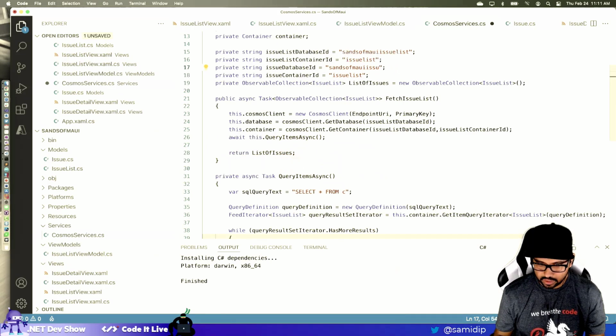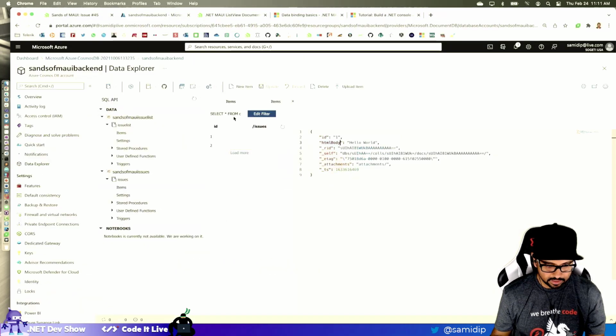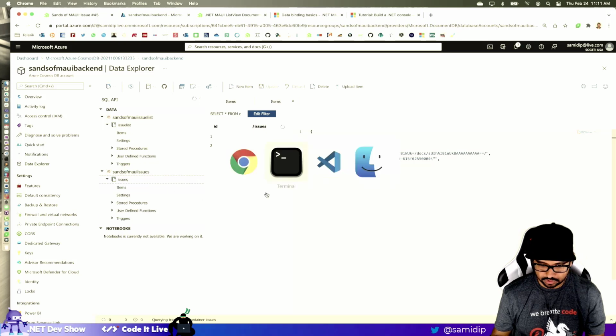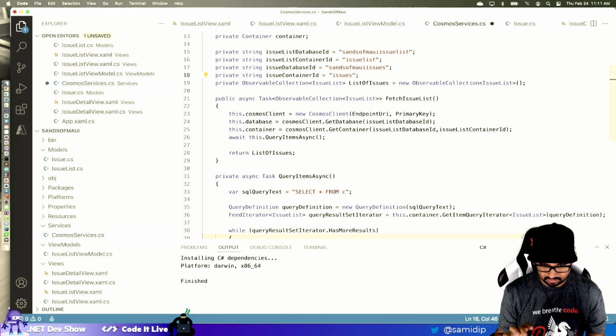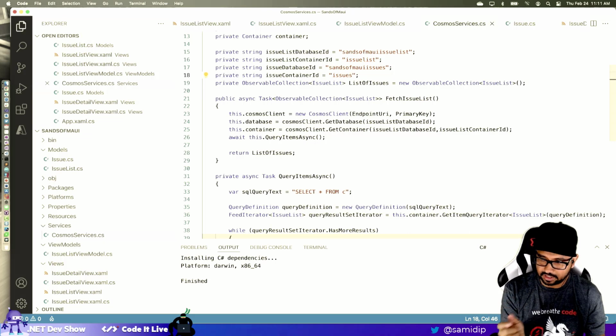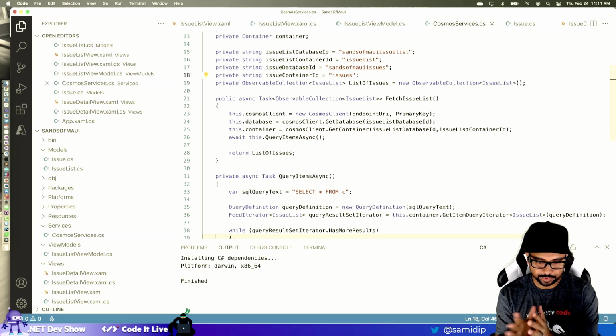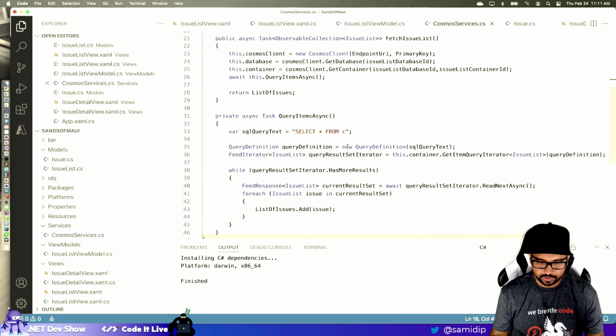Sands of MAUI issues, and inside of that each item is just called issues. Okay, so that's the container. I don't exactly know which one, or it's partitioned on the container, I think, but I'm not entirely sure how Azure Cosmos DB stores stuff. Okay, so I have these two now.